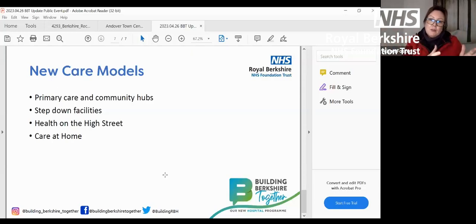That could mean a smaller hospital, but more acute, that takes the pressure off other hospitals and is more appropriate for those patients, because the environment is much more tailored to that type of requirement. That's one, and in other parts of the country they're looking at that as well. And what can we do in terms of our digital and community resources to support people to be looked after more at home,